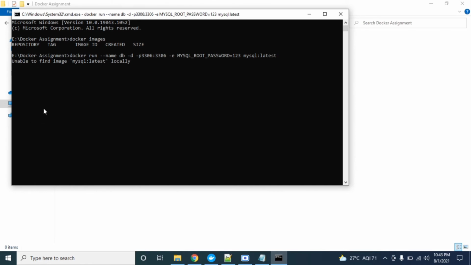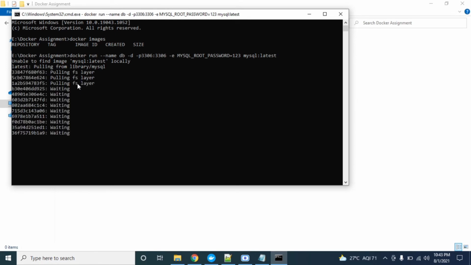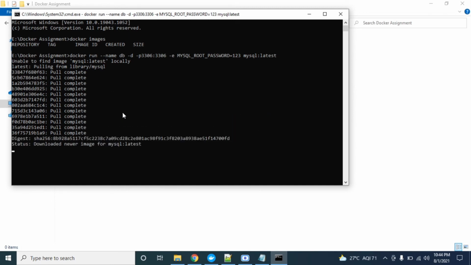Depending upon the internet speed, it will take some time to download the image. So yeah, the image is downloaded.